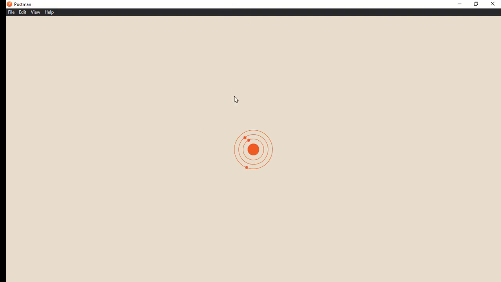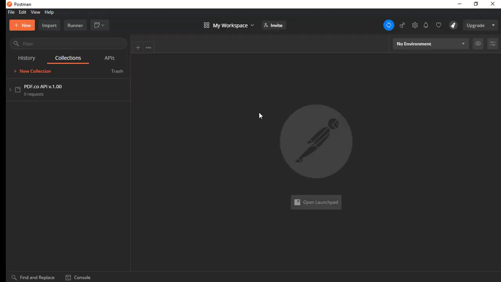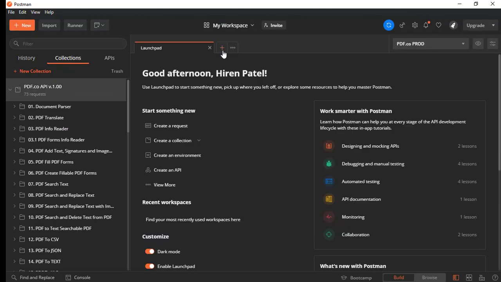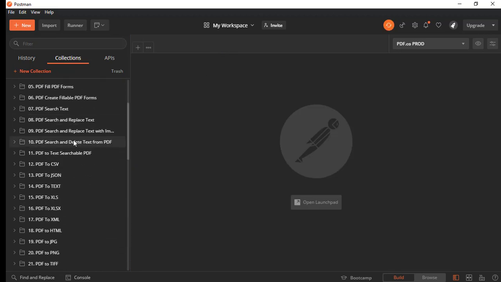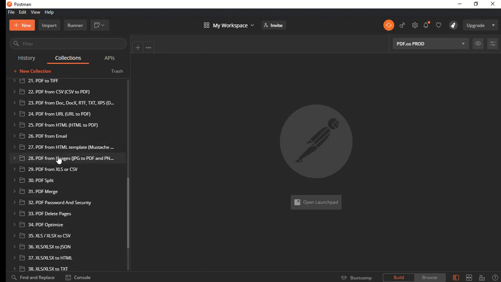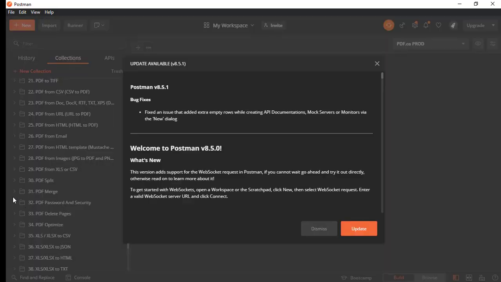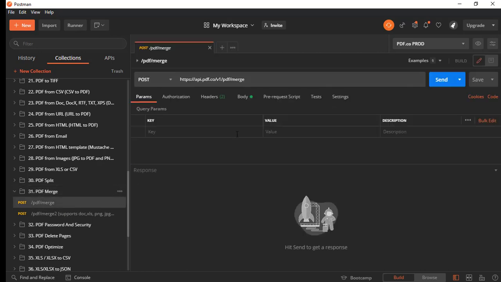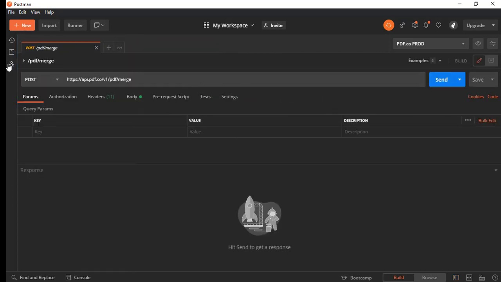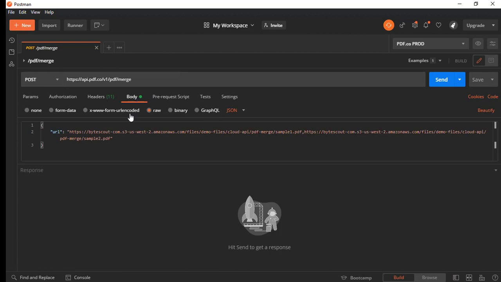So I'm opening my Postman collection here, and I have already imported the pdf.co collection, and you will see all the endpoints in here. And if we want to perform any operation in here, for example, here is the body, and it is containing one parameter called the URL, and it is having the different documents comma separated.